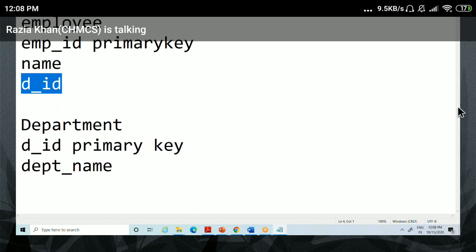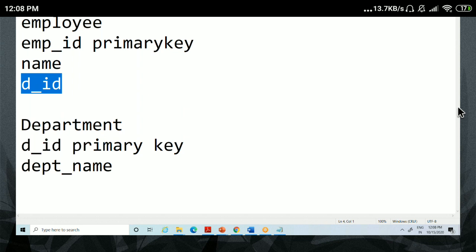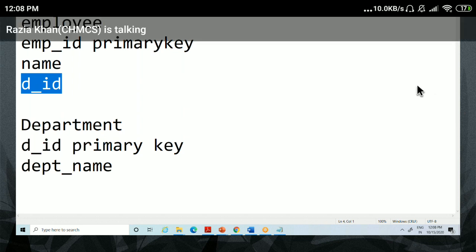Okay, same student answer. So everyone will see, if you want to apply a foreign key at the time of creation of the table, your sentence is a little bit right, but some mistakes are there. When you apply a foreign key at the time of creation of the table, first you need to write down the column name, then you have to write down the data type, for example integer.